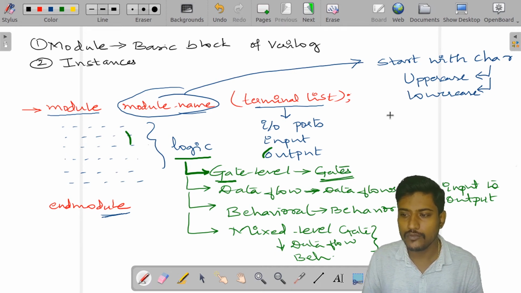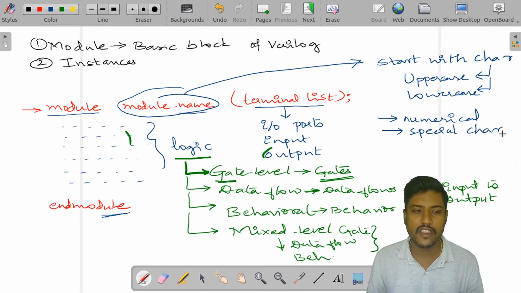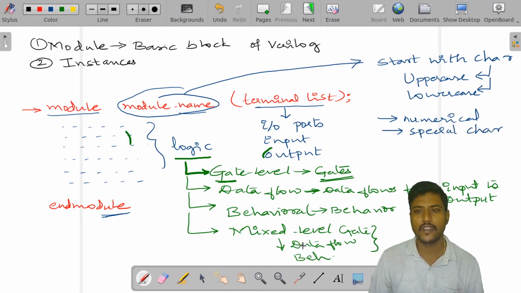Now, the restrictions are what? The first letter should not be numerical, and the first letter should not be a special character. These are the things. Okay.